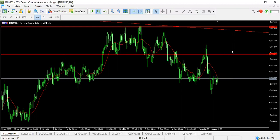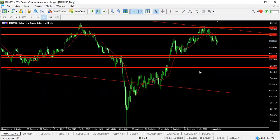Then we sell from this zone all the way to 0.63500. That is the first step. And obviously our stop loss will be just above 0.67 from selling from 0.66. And if this pair breaks above here, then the setup will be invalidated. So you need to see it retesting the zone, going back down to 0.63, buying all the way to 0.65,